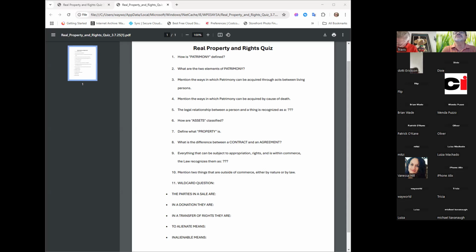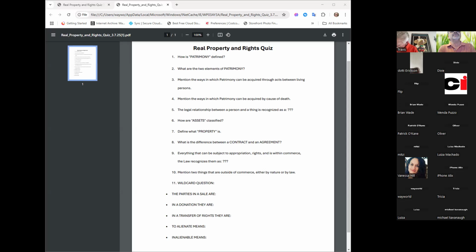Who are the parties in a transfer of rights? What is the word? The transferor and the transferee, I think.